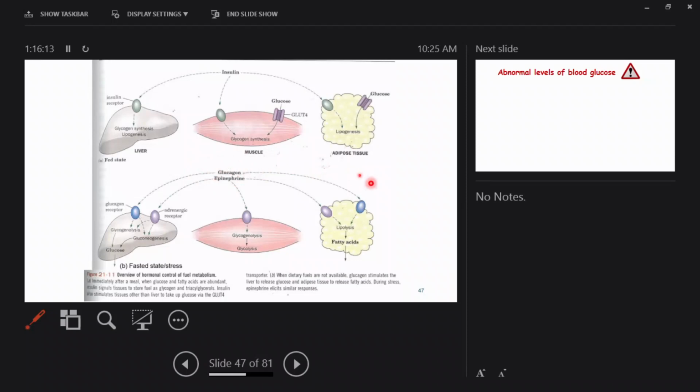In the fasted state, glucagon drives glycolysis and fatty acid hydrolysis. Glucagon is responsible for conversion of glycogen to glucose via glycogenolysis. Glycogenolysis is the process of conversion of glycogen